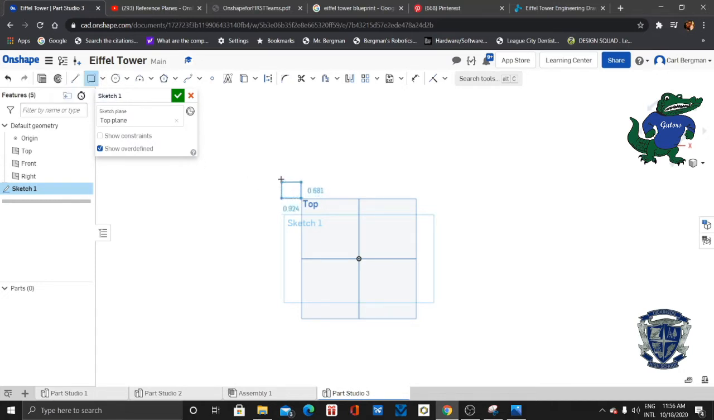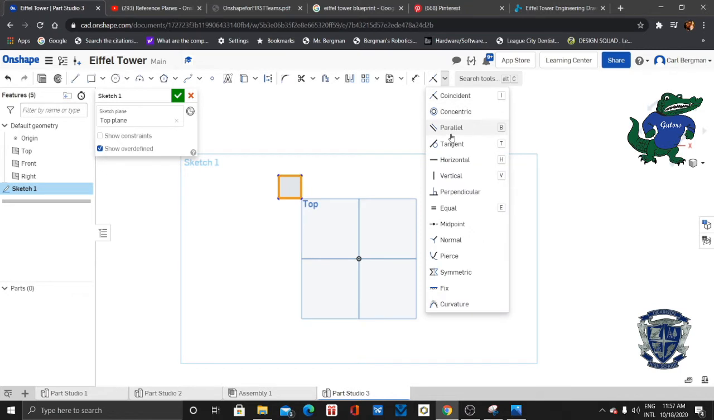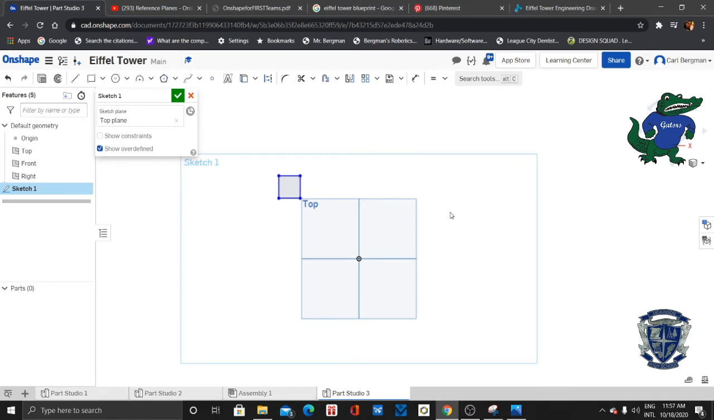Alright, so corner rectangle, and we're going to make each side equal, and then we're going to use the mirror function to make an easy copy onto each corner. So these 4 corners are going to be the stands, the legs that come down on the Eiffel Tower, and